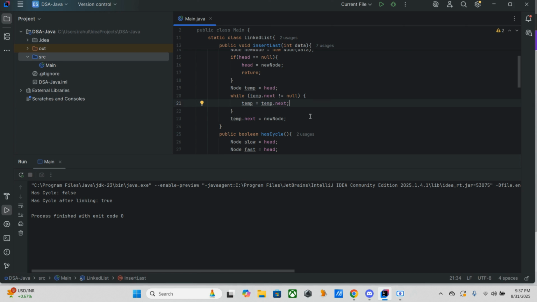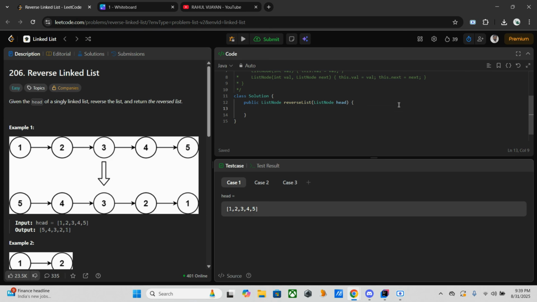And this is the thing. Now we can go for one LeetCode problem. So here it's nothing but we have to reverse this list backward, as mentioned: 1 2 3 4 5 to 5 4 3 2 1. Okay. So when we are doing this, there are some things we need to keep in mind, like we need two pointers,